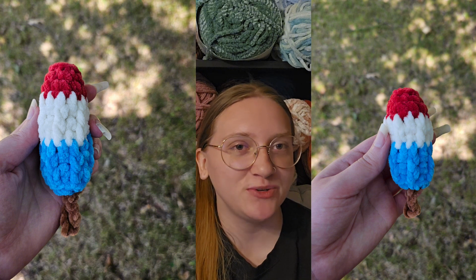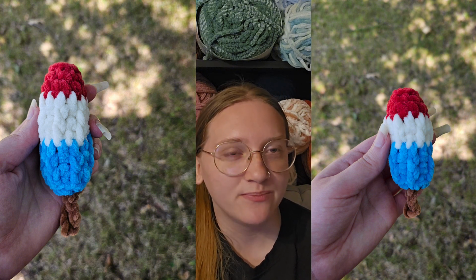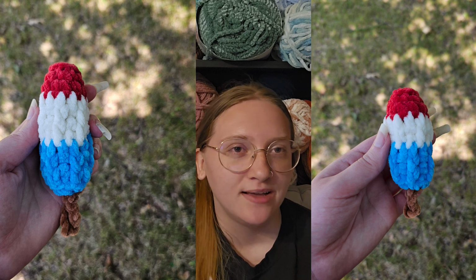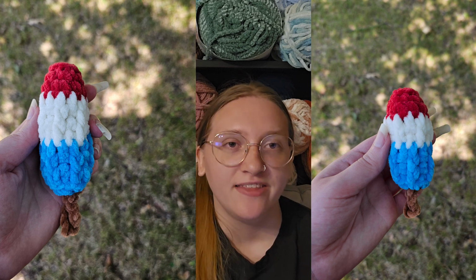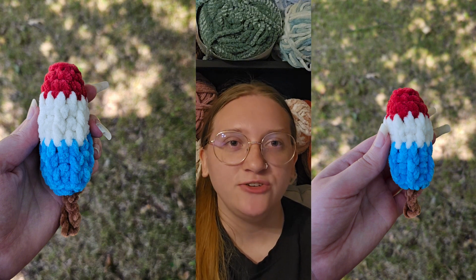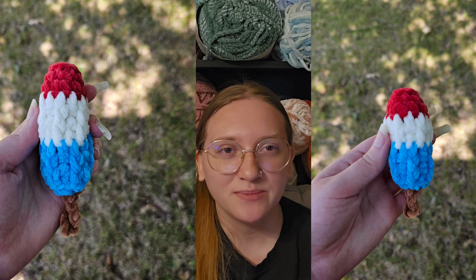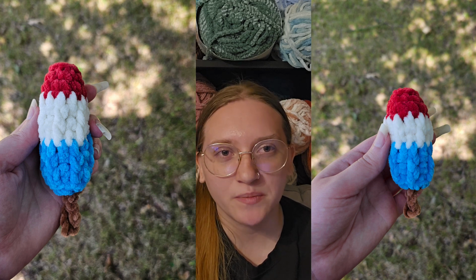So I actually made 2 of these. The first one I missed a row, but it's not that noticeable. So the second one's a little longer than the first one is, and I think they're really cute. I did use the Premier yarn for this one, and I'm not a huge fan of the Premier just because